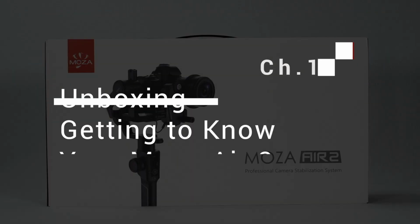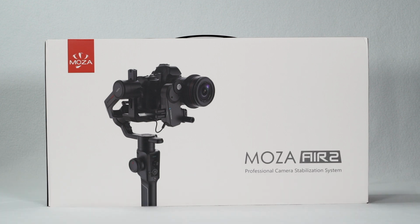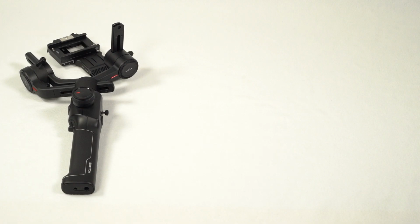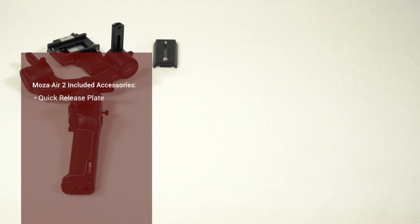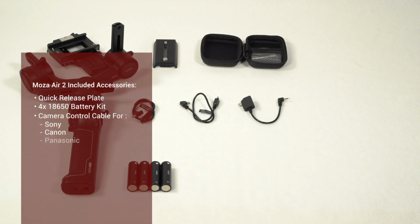Chapter 1. Unboxing and getting to know your MOZA Air 2. The MOZA Air 2 comes packed in a retail box. The gimbal and its accessories are stored inside a compact case. Inside the case, you will find the MOZA Air 2, the memory quick release plate, one set of batteries which is made up of 4 18650 battery cells, camera control cables for Sony, Canon, Panasonic,